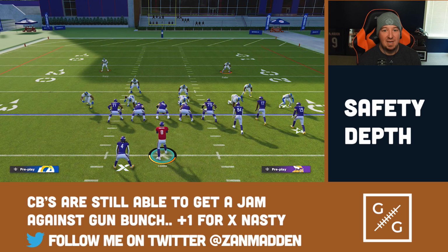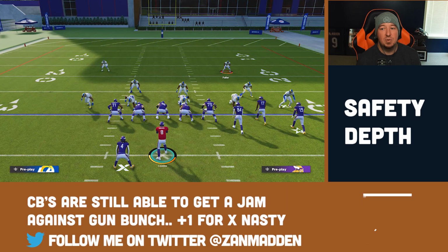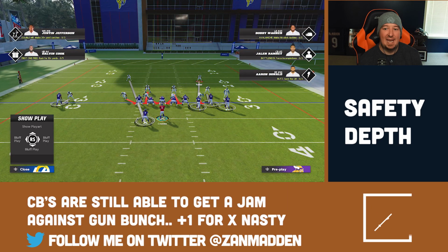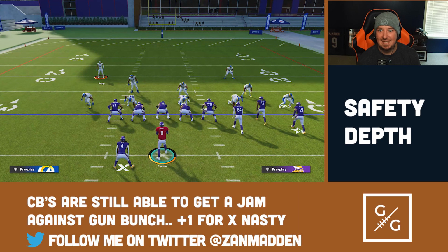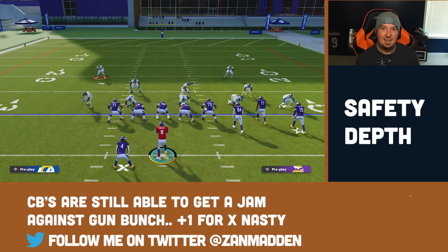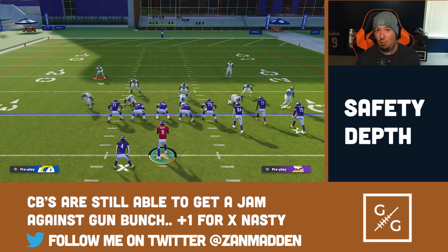then kind of roll up in a press, and you might see something like this and think, oh, two man under. But there's less tells, although the safety depth is still consistent in a regular bunch offense. There's just more to the XNasty on top of the fact that when they actually do press you, they are going to get a jam in a regular bunch. That's not the case in XNasty. So check one in the win column for XNasty over regular bunch as far as alignment goes against cover zero